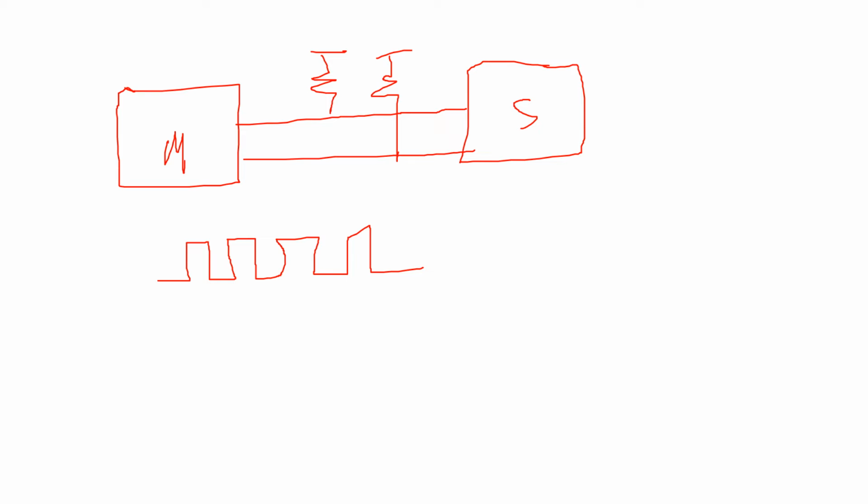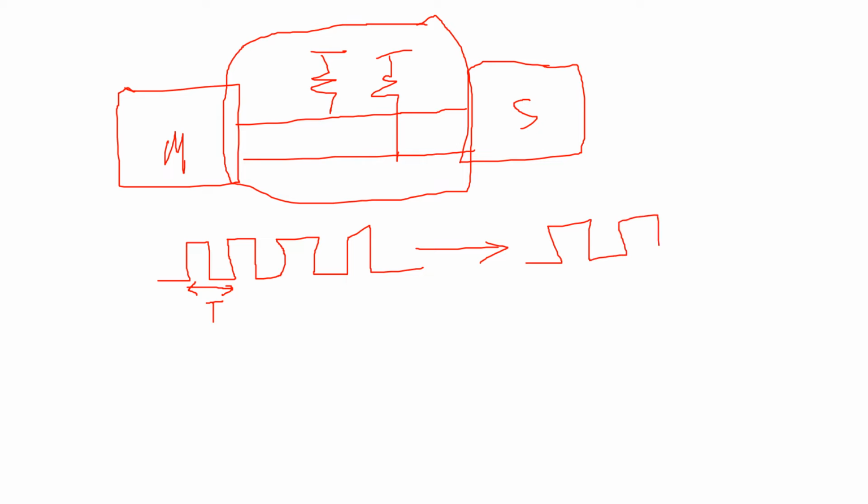Now if you see this scenario, you have a particular time period for this. That's what we are talking about, where we derive the data rate, and then we actually initiate a proper square wave from the master. Now let us assume a scenario that all the channel between the master and slave is an ideal one. Ideal one meant there are no losses, we don't see any capacitance or anything. So the same square waveform should reflect at the slave. Now in reality, practical scenarios, that is not the scenario,